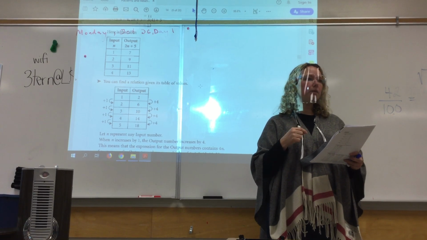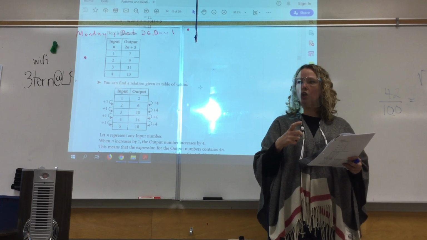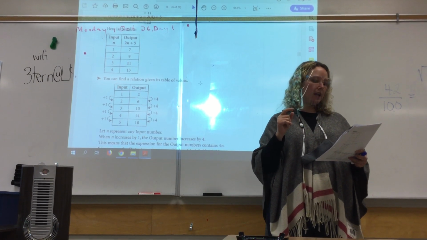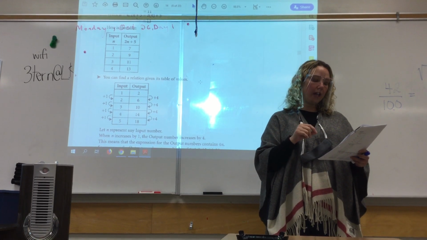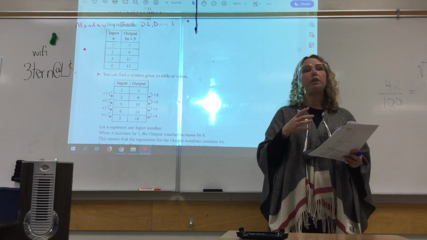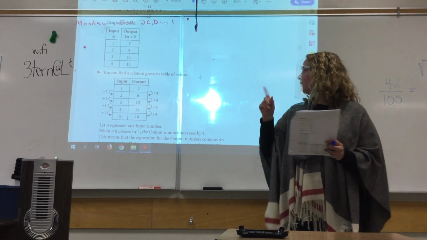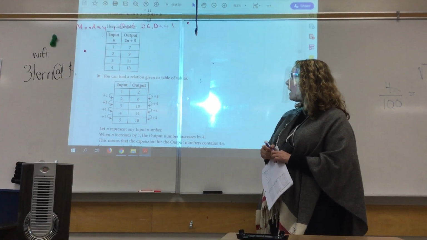Okay, so today we're going to be talking about patterns and relationships in tables. We've already looked at creating an expression when it comes to an output or input numbers. Today we're going to look at finishing a table that's already been started, or starting one from an expression. Okay, so if you take a look at page 15, we're looking at these two tables,